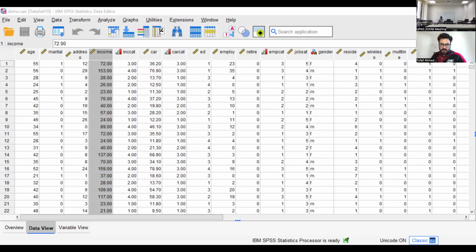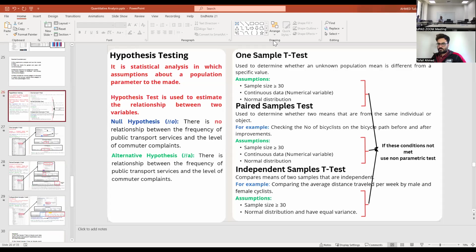I just want to add one thing here. For example, we make a hypothesis: whenever Cristiano Ronaldo plays for Al Nassr, there is a 70% chance that they will win the game.